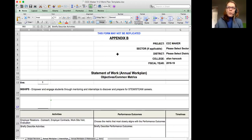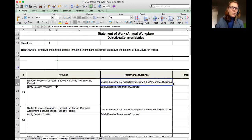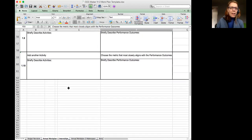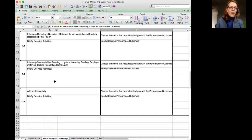Okay, so when we move to the 4 individual work plans, it's exactly the same categories as we had last year. So it's the internships, makerspace, etc. And the big difference that you would see this time around is that we've created a pre-populated list of activities, and so each of these work plans has 9 suggested areas to consider, and then a final one at the end where if you want to add something else,